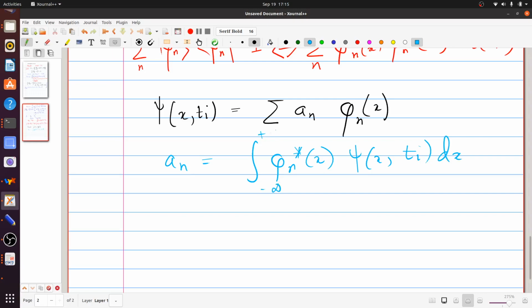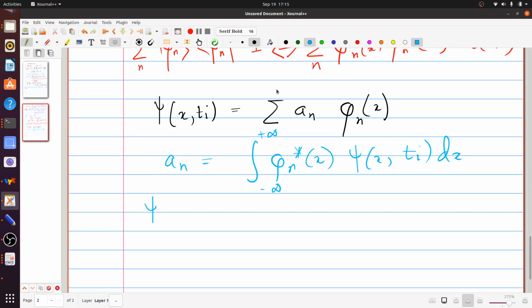By the way, I could have also done this at time t instead of time ti, then of course you would have ended up with different coefficients an. For the time ti, the an's are the coefficients which psi(x, ti), the wave function at time ti, has when expressed in the basis given by the energy eigenfunctions phi n. Now that we know psi(x, ti) is of this form,